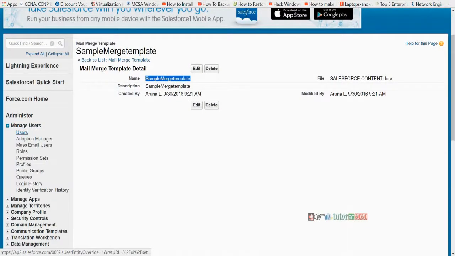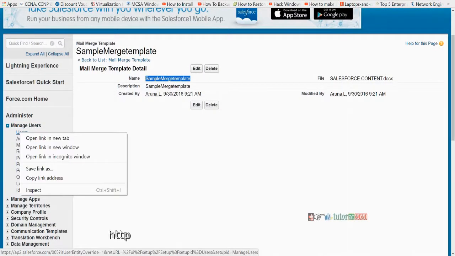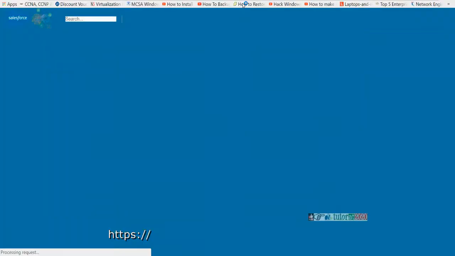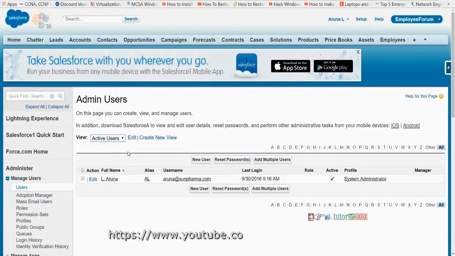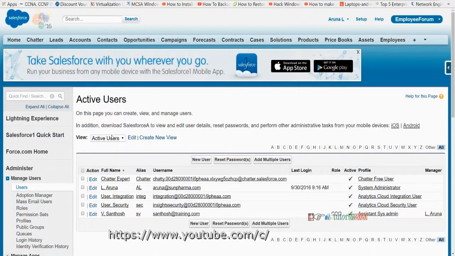The important things are the Manage Users section. I'll show you the important things of the administrator section: All Users, Admin Users, and Active Users. Active Users, just remember always that only active users' licenses count. If you want to reuse a user's license, if you have a shortage of licenses, then you can see one of the licenses which is already utilized and active,